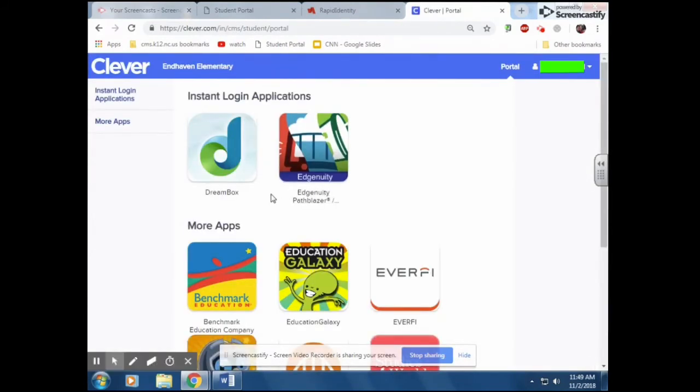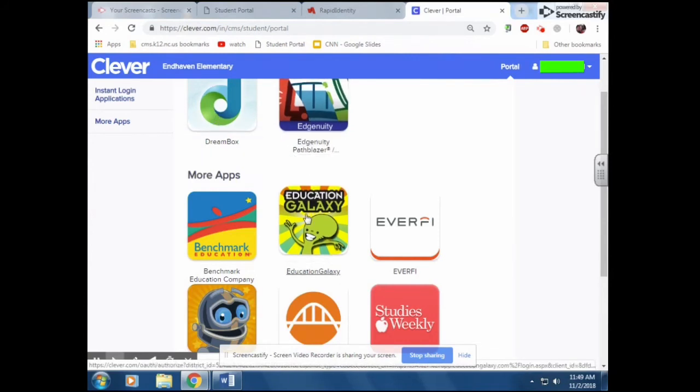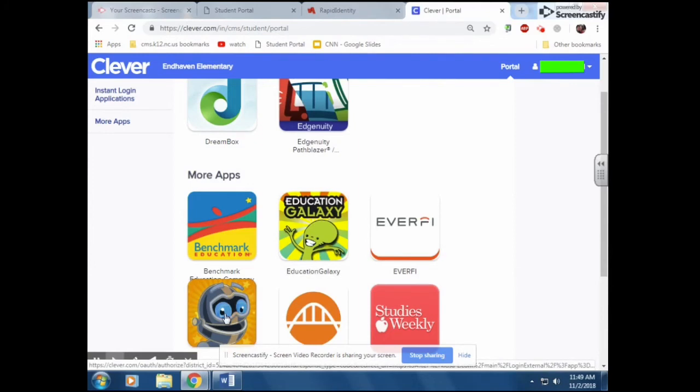And then on this screen here, you have access to the applications. There's Dreambox, Edgenuity, Education Galaxy, RazKids. Even though it's on your screen, there may or may not be access to Pearson or Studies Weekly for grades K through 2. But most K through 2 classes, their needs are pretty well met with Dreambox, Edgenuity, Education Galaxy, and RazKids. One last thing to remember, if you are going to use either of those applications,